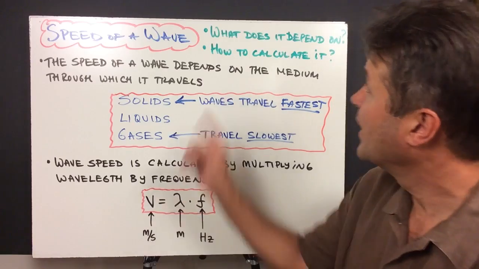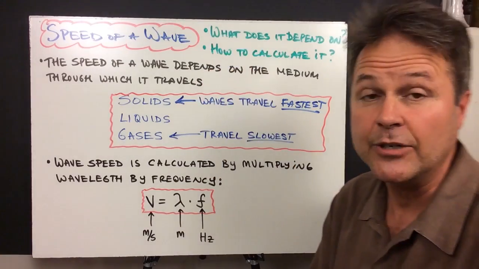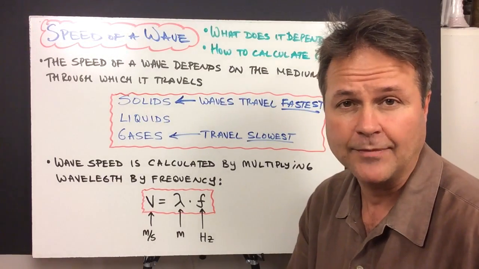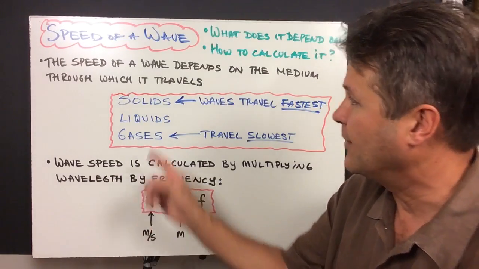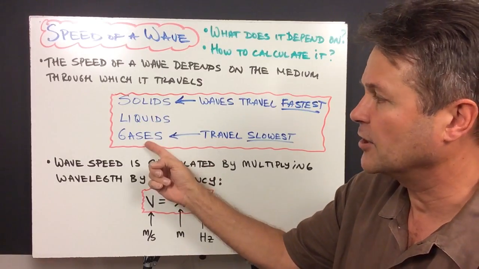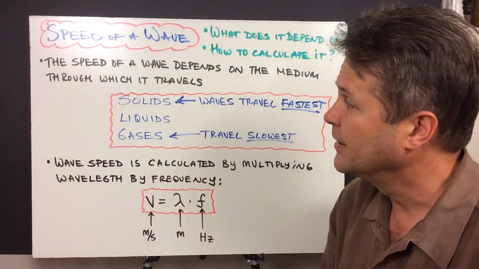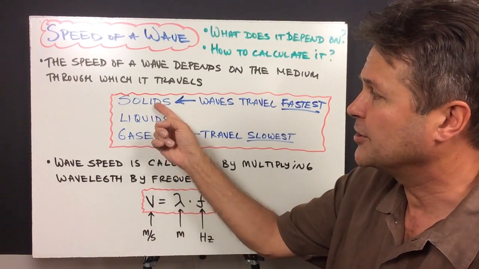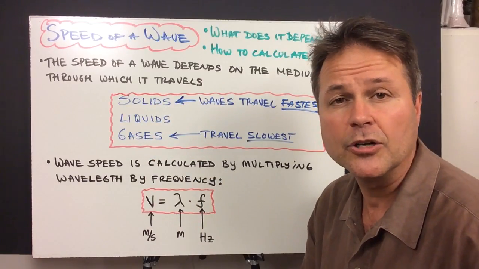Wave speed. What does it depend on, and how do you calculate it? The speed of a wave depends on the medium through which it travels. Waves generally travel fastest in solids and slowest in gases. A great example that illustrates the difference in the wave speed in a solid versus a gas occurs during the